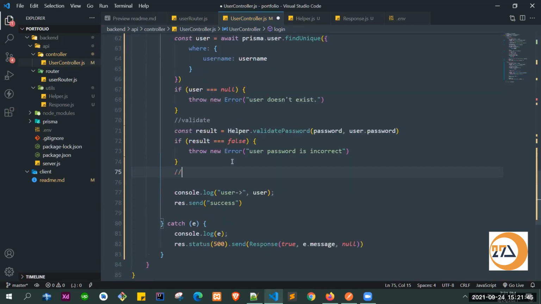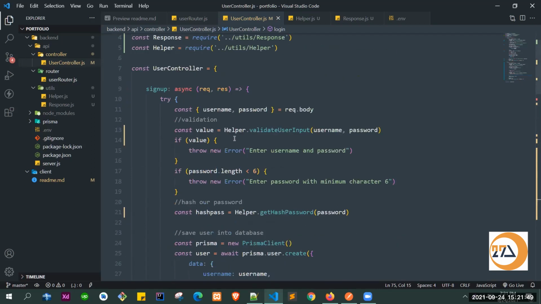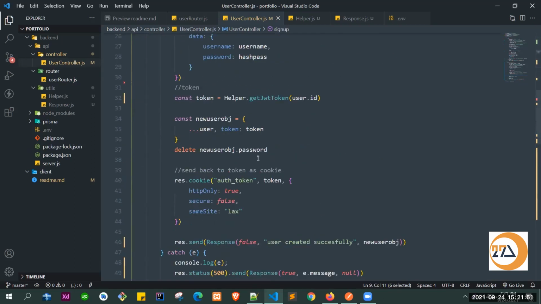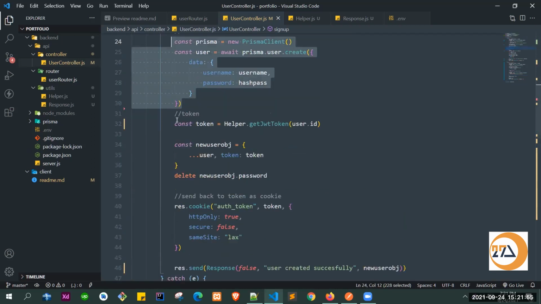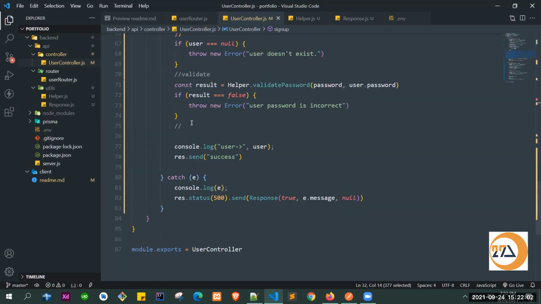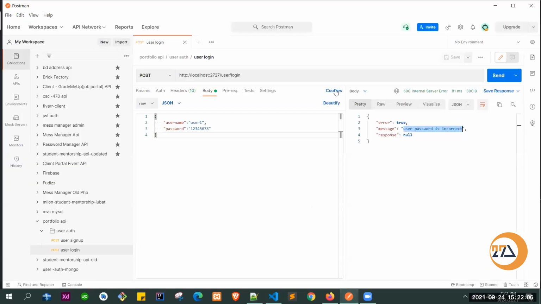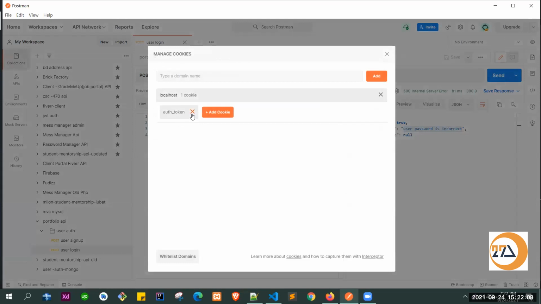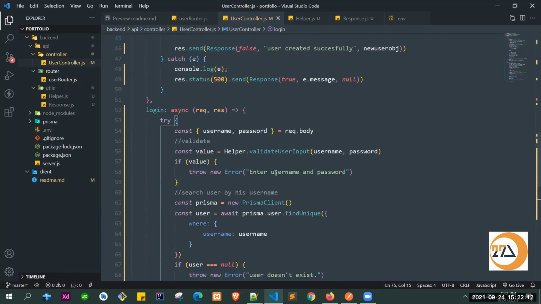So the next thing we need to do: what we did here, whenever we create the user, this is the sign up. Whenever we create the user and store the user information in the database, after that we are generating a token, the authentication token. The same thing we need to do here, because we have done the validation and everything. Now we need to pass a token that will be saved over here. We can remove it for now, and we can create a helper out of it now.